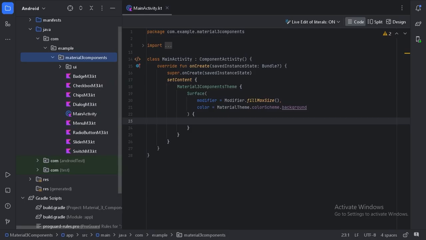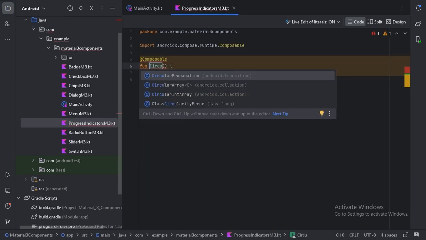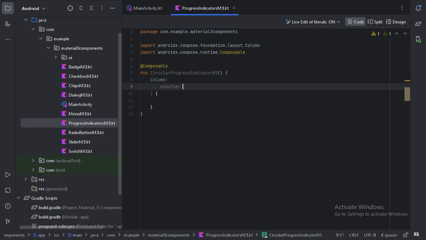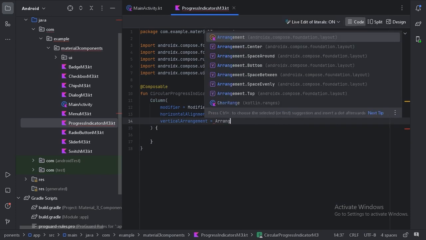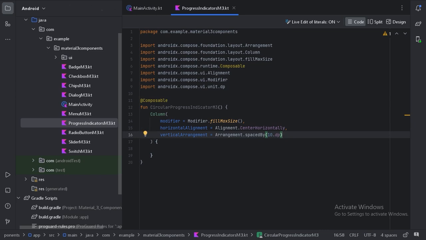So here first let's create a new file. First, let's take a column layout. In this column layout I have taken fillMaxSize, so this column will take the maximum size of the phone's screen.